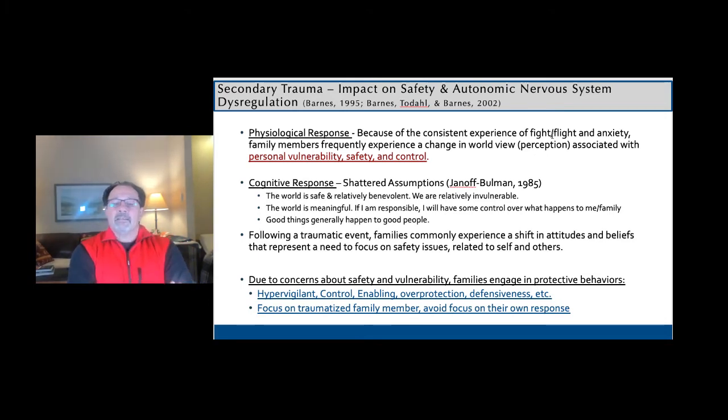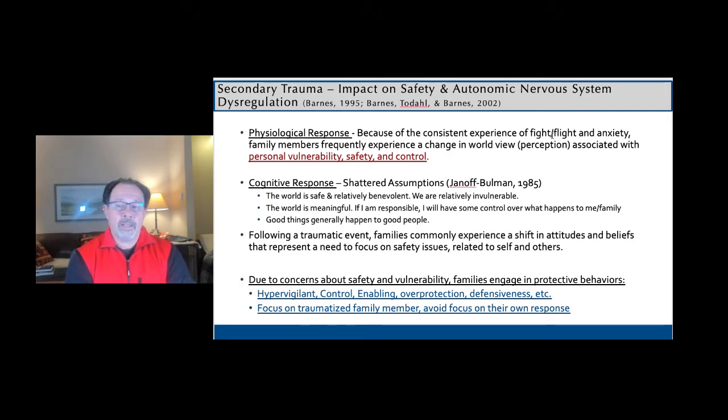Where we see this, let me just get through this slide and then I'll make the point at the end. But that idea of this cognitive response, Ronnie Janoff-Bulman had written this book back in the 80s, and she said that there are 3 cognitive schemas that most people kind of live by that allow them to walk freely and safely around the world, even though the news would tell us that it's always a fairly dangerous place to be. And the first one is a core belief that the world is relatively safe and relatively benevolent, meaning people are pretty okay, and that we're relatively invulnerable. So the world's safe, people are nice for the most part, and that we can control our